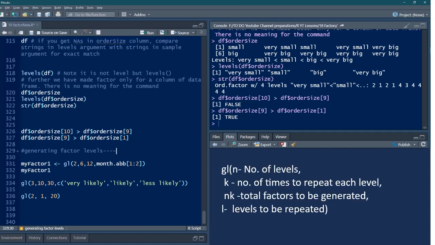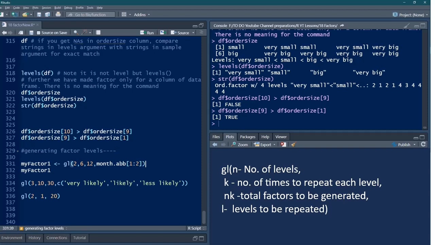The multiplication factor, 2 into 6 is 12, that is what is mentioned here. And these 2 unique factors, what are they? They are month dot abb 1 and 2, that means Jan and Feb. This Jan and Feb should be repeated 6 times. That is the meaning of this generating levels.